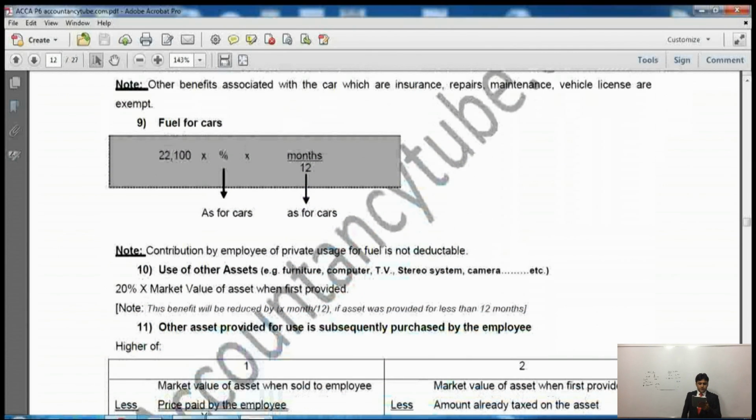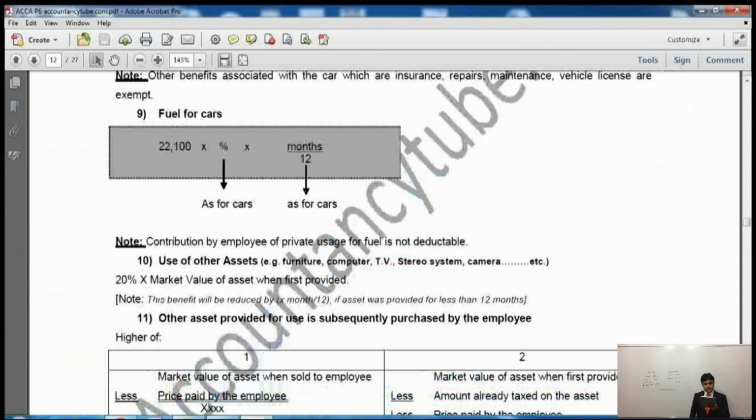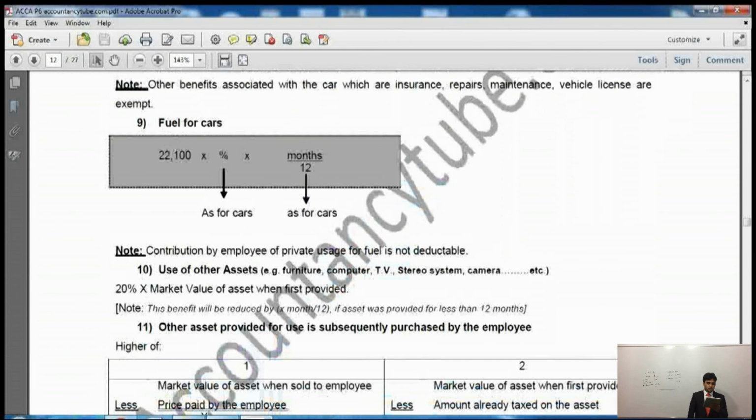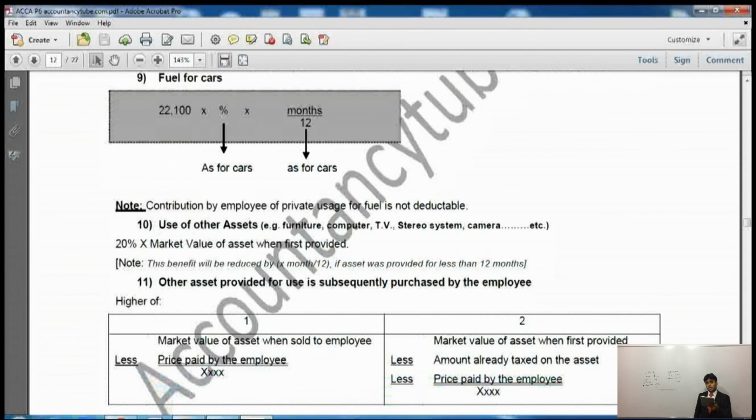Then the note says other benefits associated with the car are exempt, which are insurance, repairs, maintenance, and license. These are all exempt if they are provided by the employer. So although they are benefits, they will be exempt. We don't need to pay tax on that, right? After that it says fuel for car. The formula to calculate the fuel for car is exactly the same as written in the notes. Whichever the car is, how much the cost of the car is, doesn't matter. It would always be